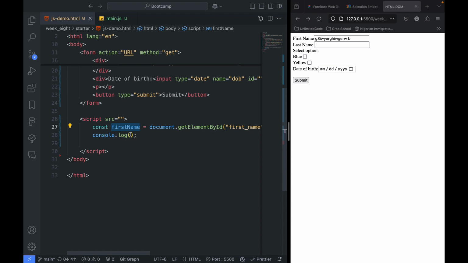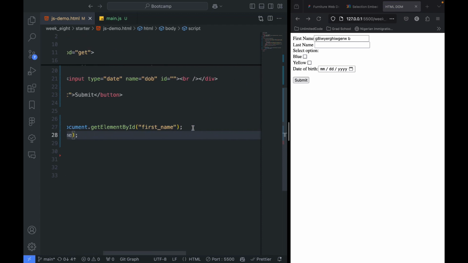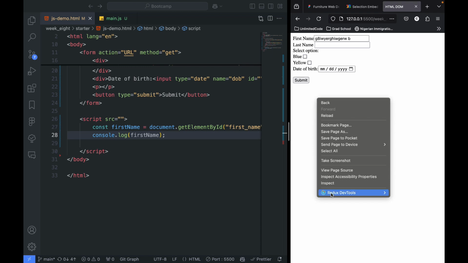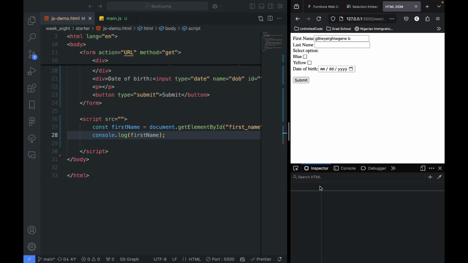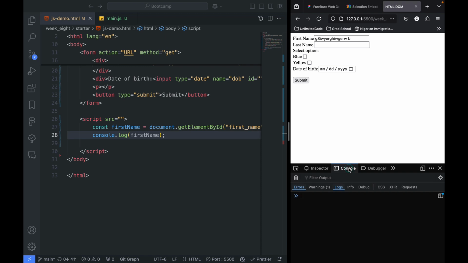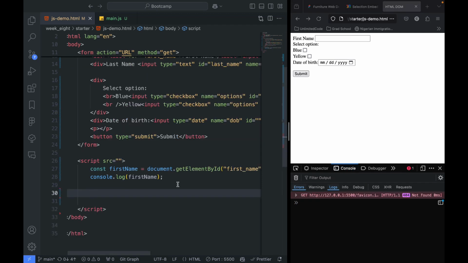So in this place now, I want to log out the first name. Let's just log out. We've not even gotten the value, but let's see what this gives us. So let's inspect, go to inspect. This time around, when you're working with JavaScript, you go to your console. Go to your console, right? Now, with our form inputs,